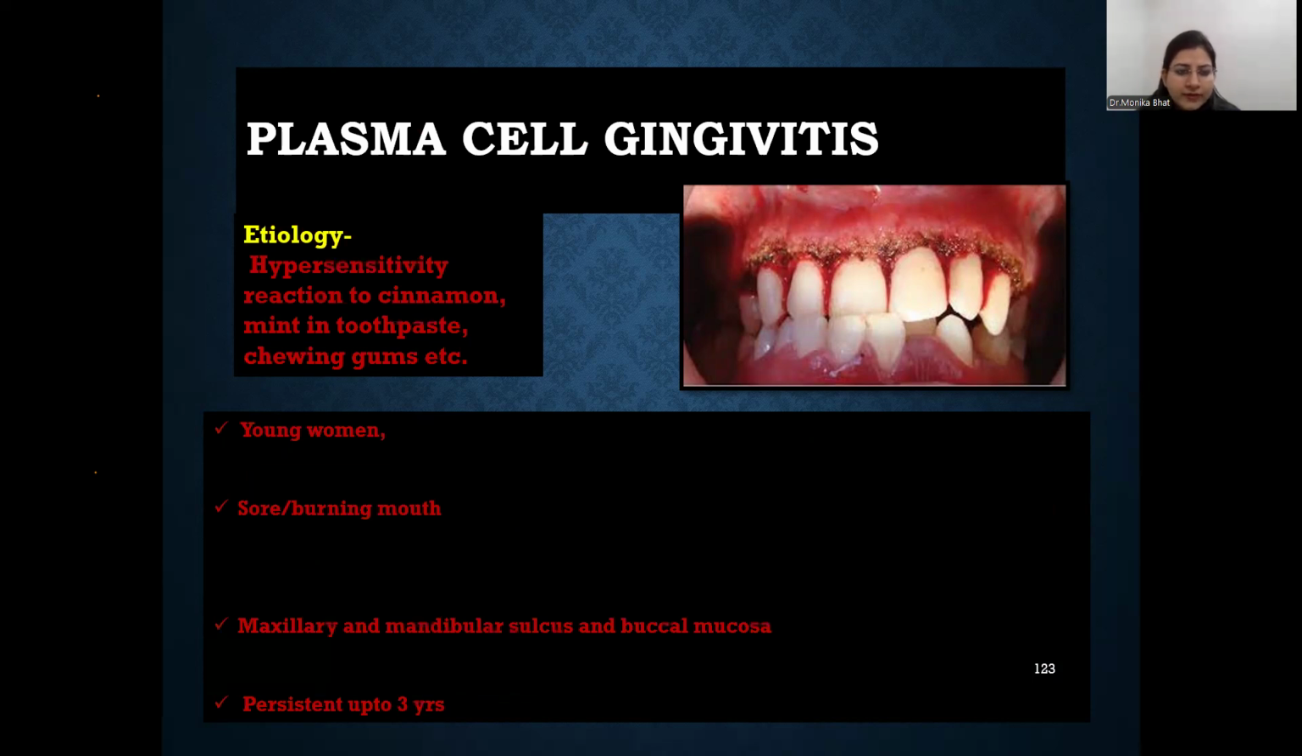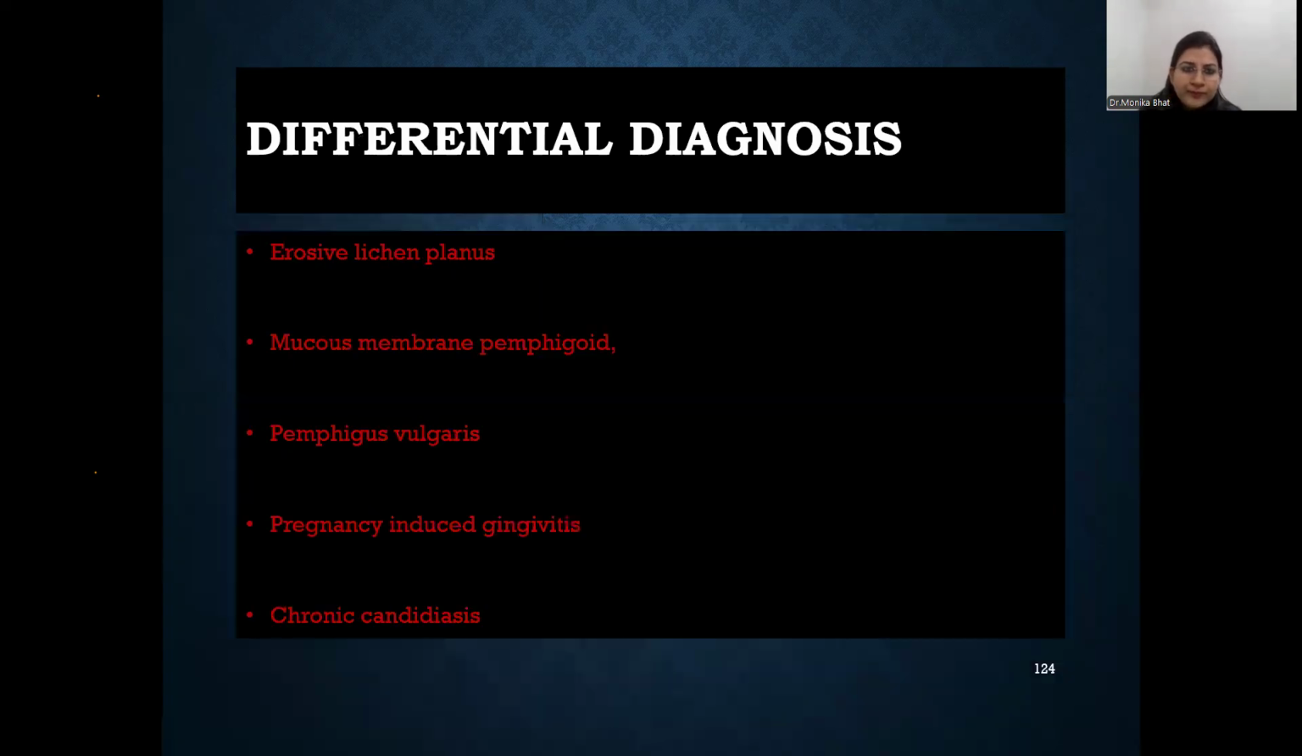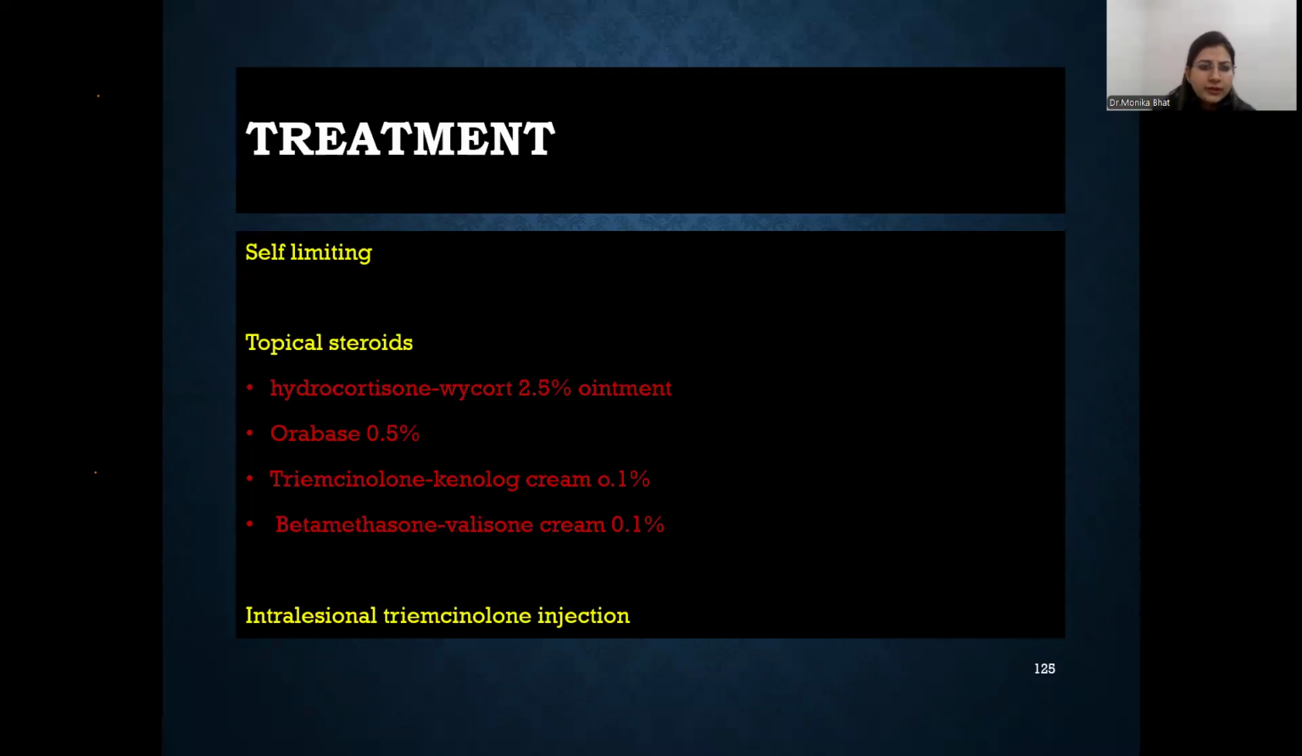The characteristic features are a sore or burning mouth. It can persist for up to 3 years. The maxillary and mandibular sulcus and the buccal mucosa are involved. Differentials: erosive lichen planus, mucous membrane pemphigoid, pemphigus vulgaris, pregnancy-induced gingivitis, chronic candidiasis. Treatment: self-limiting, takes time to heal, and additionally for the inflammatory lesions, we can add